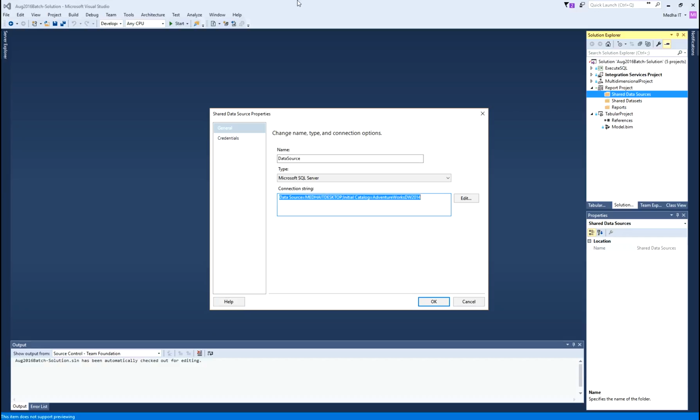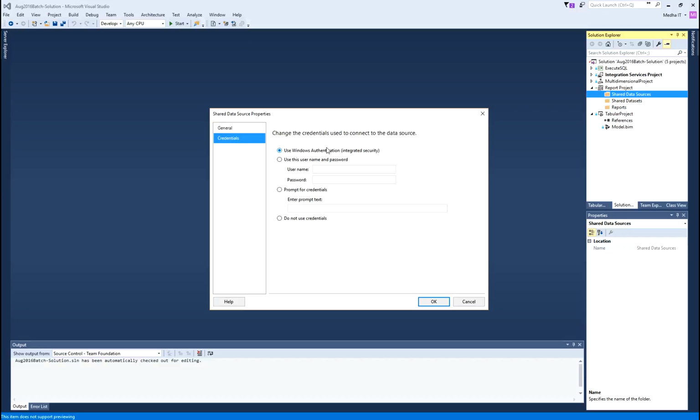And if we go to credentials, we see different credential types that can be used to connect to the data source. The first option is using Windows authentication. That means when Windows authentication is enabled, whenever a user is accessing the report, that particular user's Windows account is used to authenticate against the report.